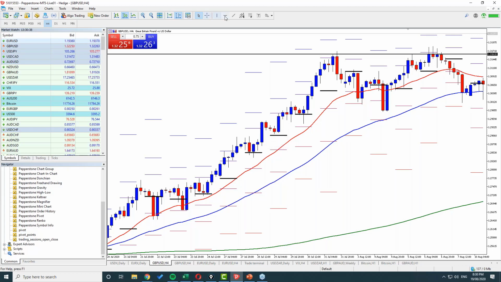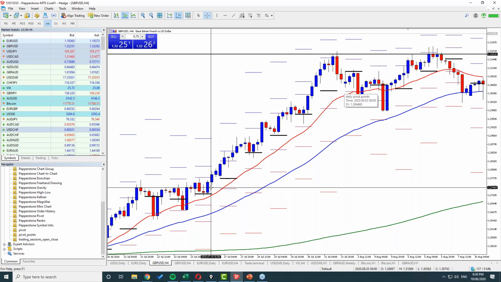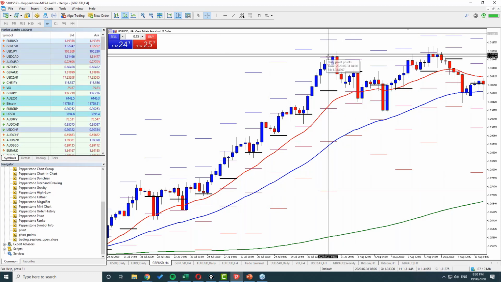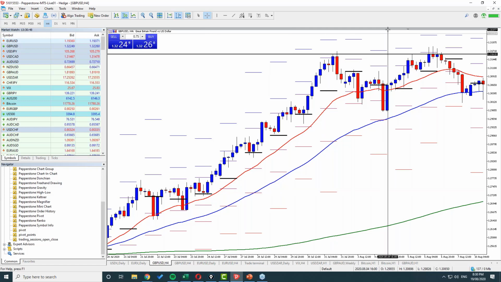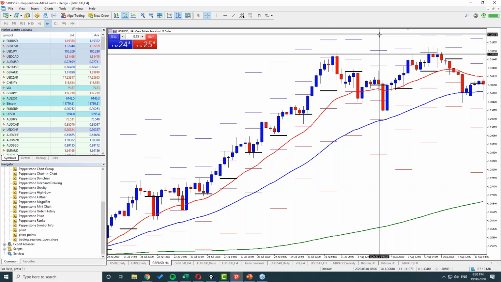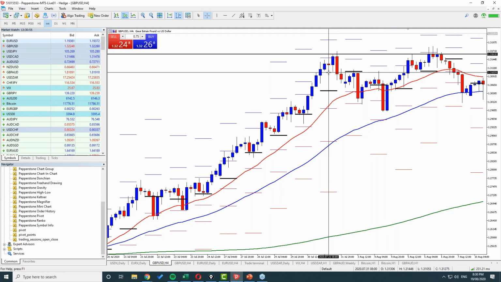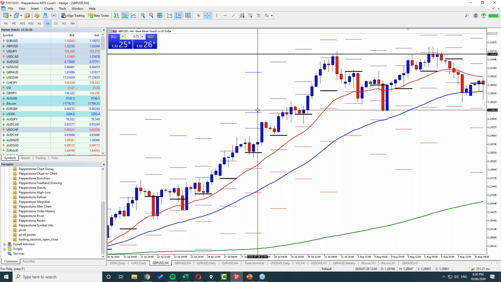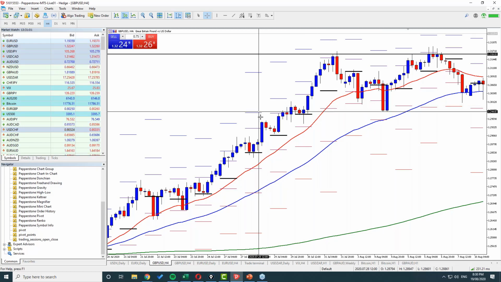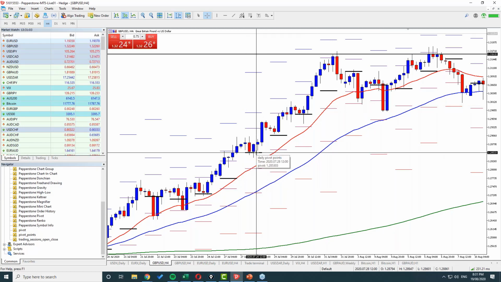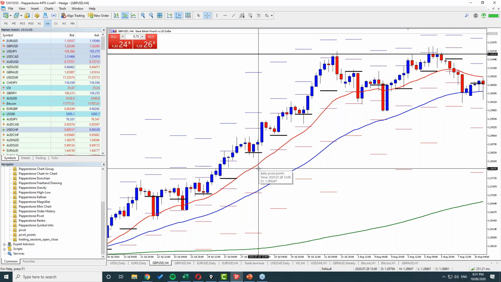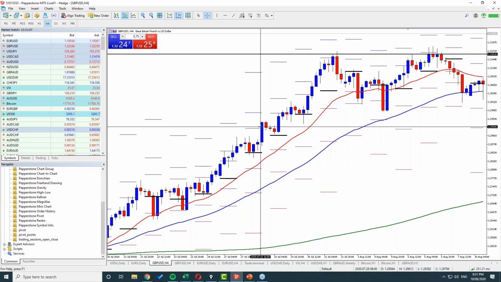So let's say we are in this trend and we're trading the pound long. Now, in hindsight, obviously, we can say, oh, very cool, we could have held it all the way from here all the way up to here and we would have made maximum profit. But that's not really the way an intraday trader or a day trader works. We want to be in, we want to be out, and ideally, we want to be out in the day, don't we? So one thing that usually happens with pivots is you'll often see not only a touch to the central, but you'll see a touch to either the S1 or the R1 during that day.